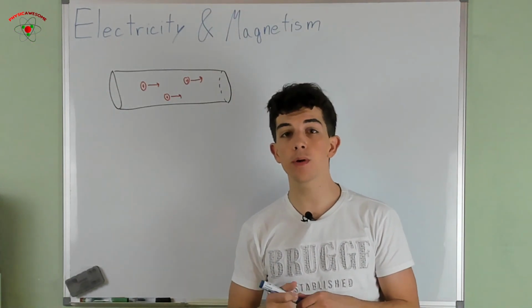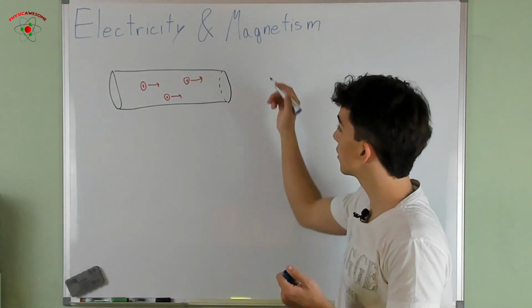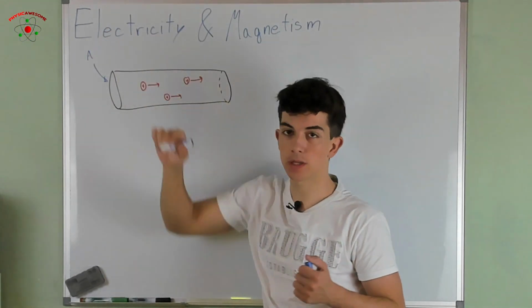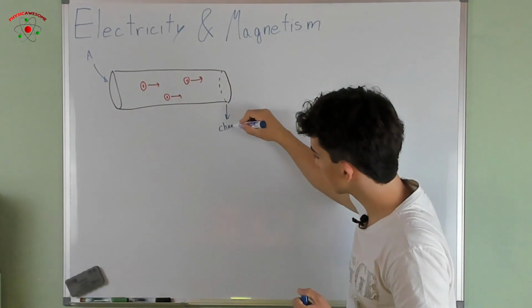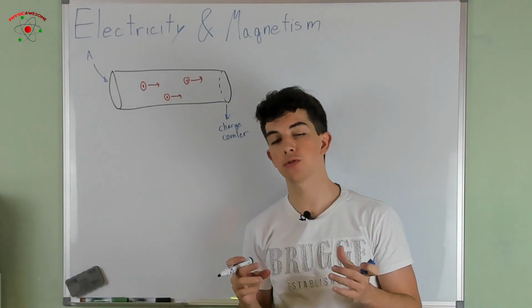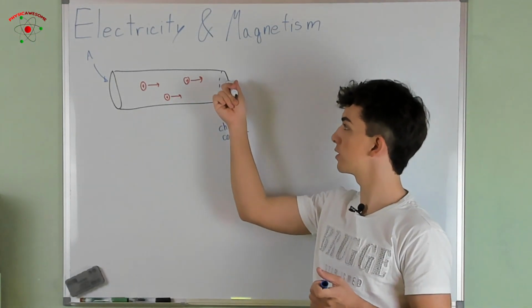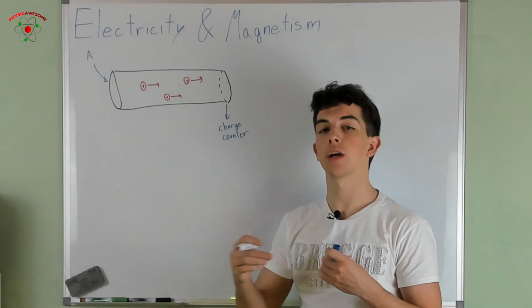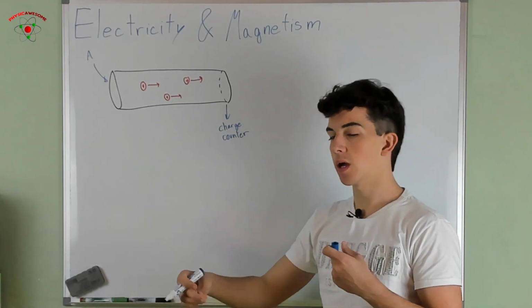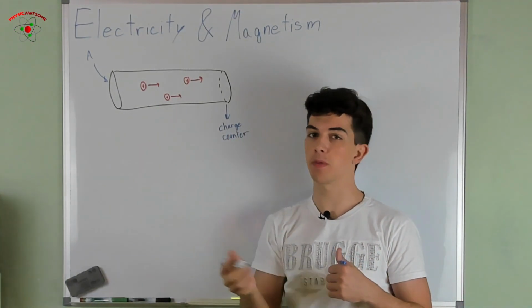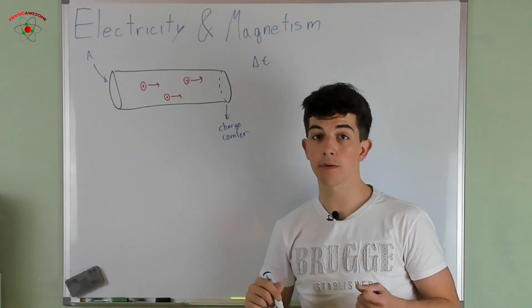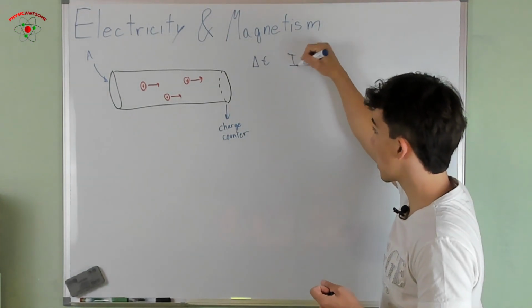Then, if we put a charge counter in this area, which measures the amount of charge that goes through this area at each point in time, then during a certain interval of time, we let this run for a time interval delta t,